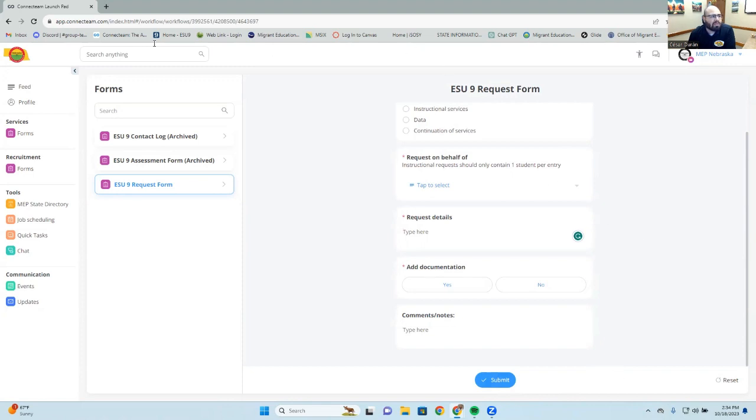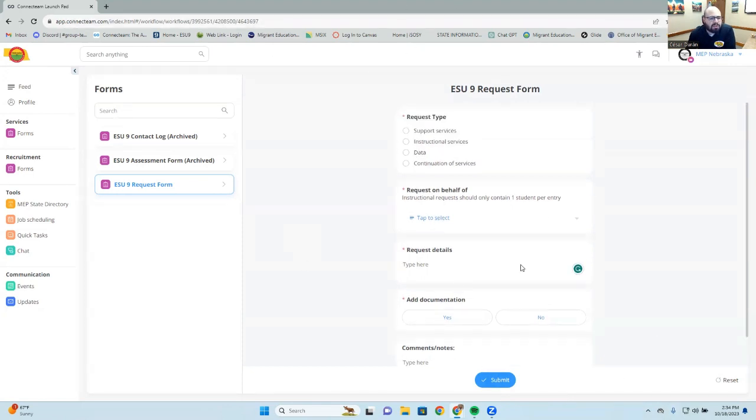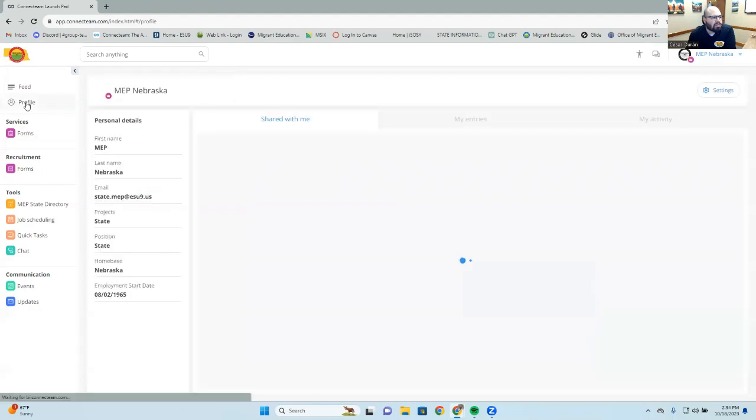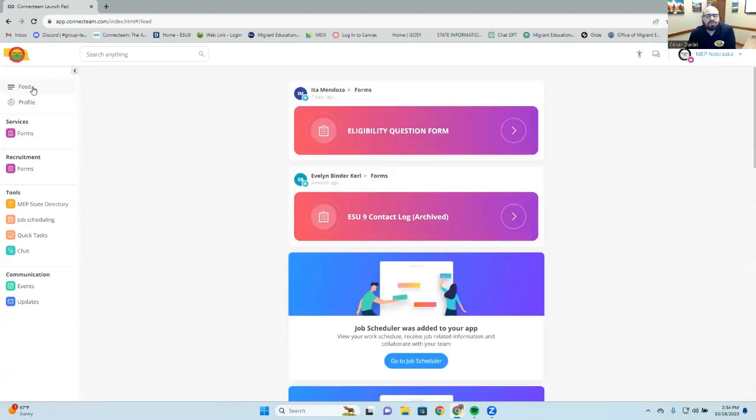And if it's stuck, reset it. I have noticed that if you don't press submit, it saves the last one you were working on. But refresh it, reset it, press submit, and you should be good to go. But that is basically the run through for the Connecteam user side. Thank you for watching, and know that I'll